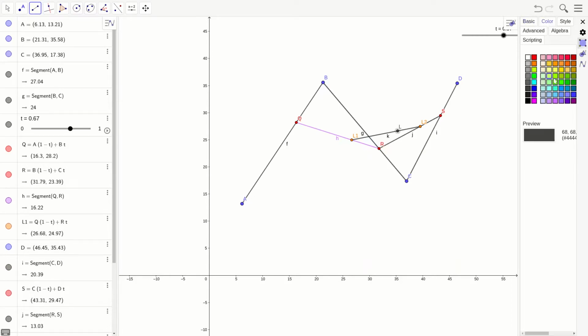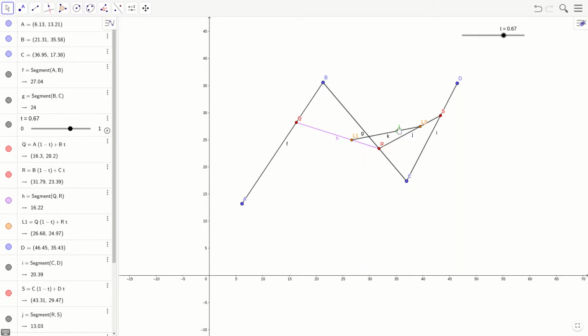Which color do you want? Green. Okay, let's make it dark green actually. Perfect, cool. Now I'm going to right click L, click on show trace, and of course T is 0.67 now, but I'm going to start the animation, and you'll see that the point